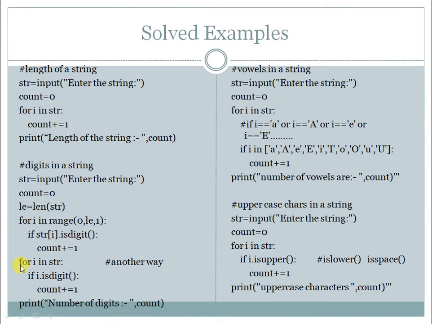Or you can use this version of for i in str, if i dot isdigit. For i in str will iterate through the string going to each character once. So it will check each character for digit. If it finds a digit, it will increase the value of count from 0 to 1 to 2 and so on, and after the end of this loop it will give us the number of digits. So you can use any method. You can use this range function, these 4 lines will change, this one, this one, this one, and this one. And if you do not want to have this range function, you can use this.